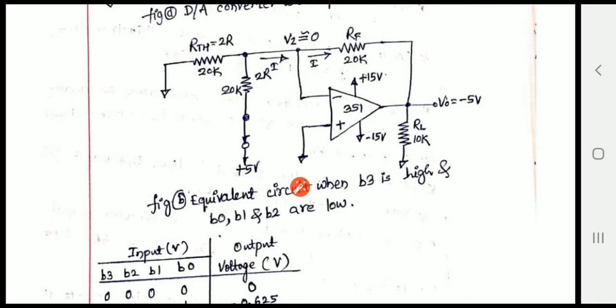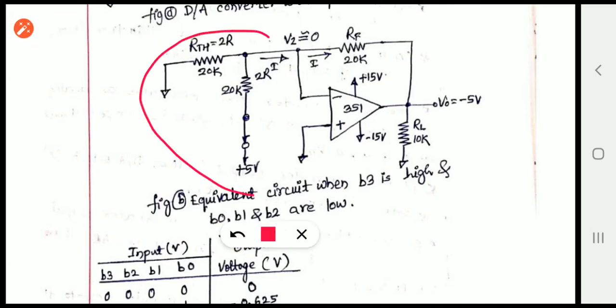So this is the one circuit which we got here, which has two resistors 2R and 2R and one plus 5 volt. What we need to find now is the voltage across this node. We have to find that using Thevenin's equivalent circuit. So now I will draw the Thevenin's equivalent circuit, replacing these values properly. To do that, I will draw this circuit again.